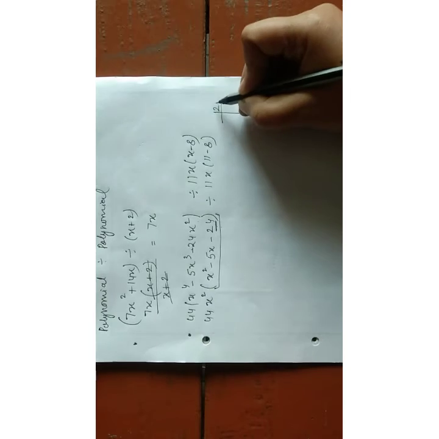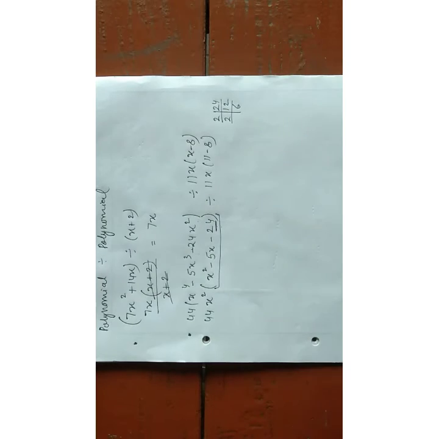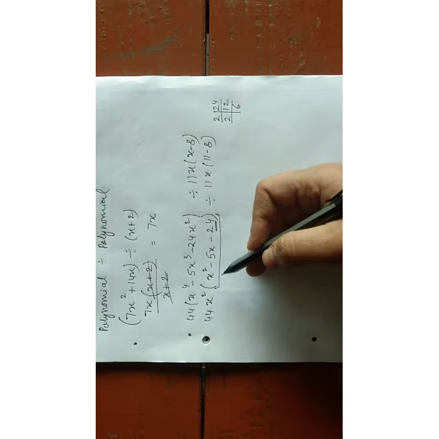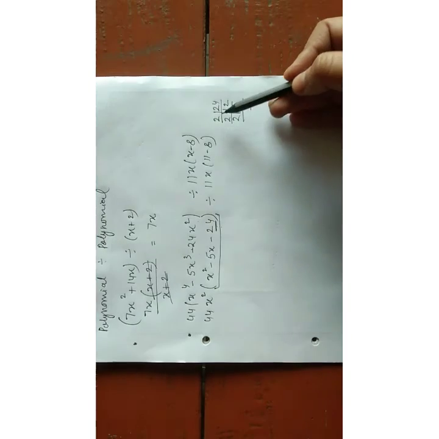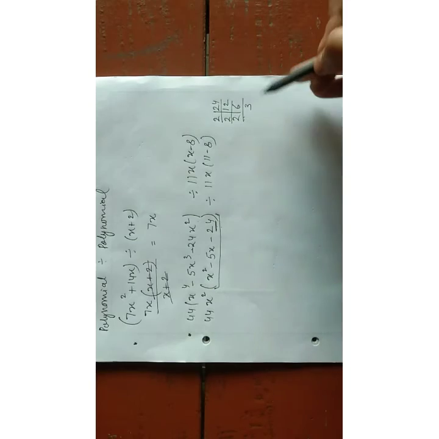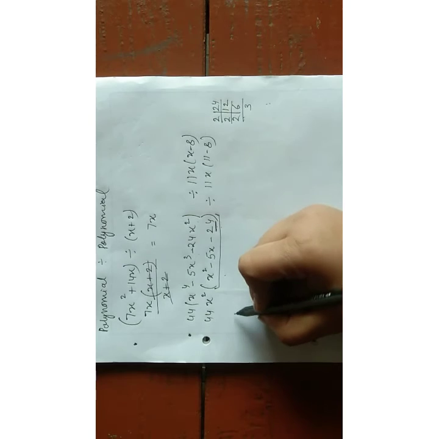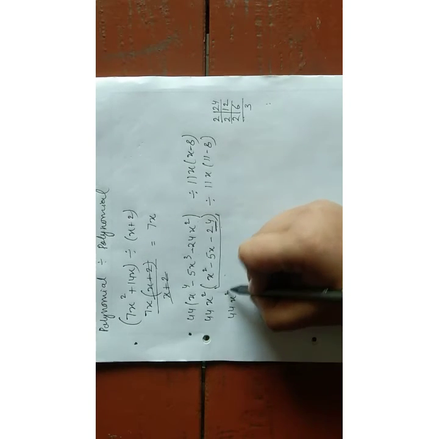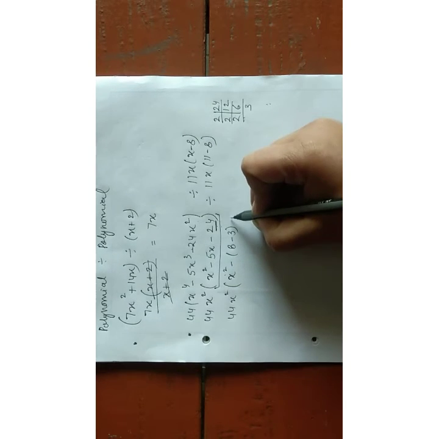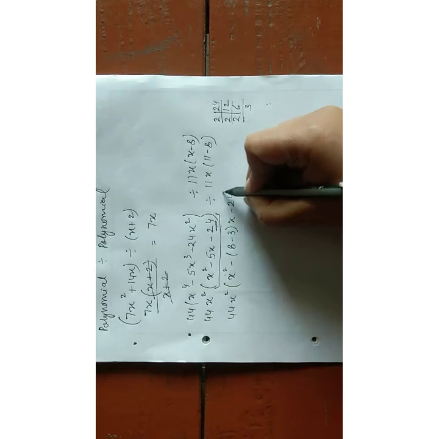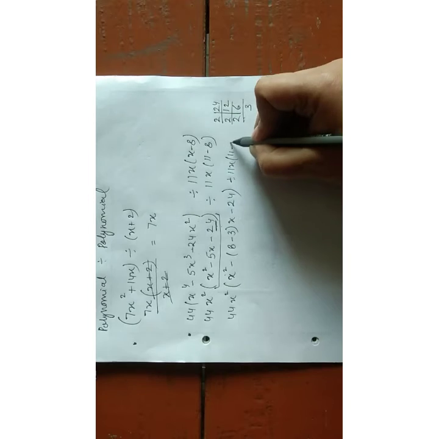When I am checking the factors of 24, 2 ones are 2, 2 twos are 4, then 2 sixes are 12. What I need is 5 here. Again, 2 threes are 6. Now I will check, 2 fours are 8, and 8 minus 3 is 5, and 8 threes are 24. So the factors are 8 and minus 3, because 8 minus 3 is 5 and 8 threes are 24. And it needs to be divided by 11x, x minus 8.